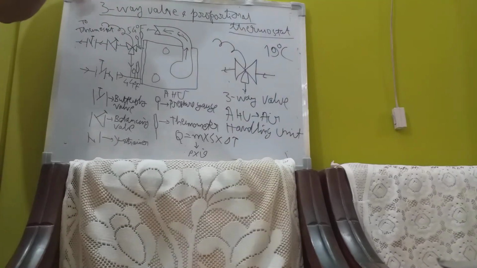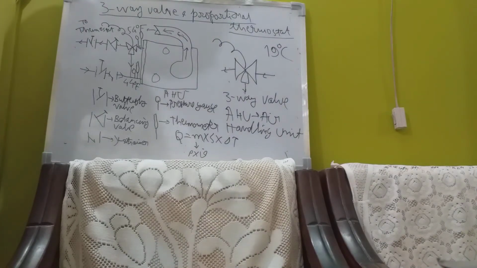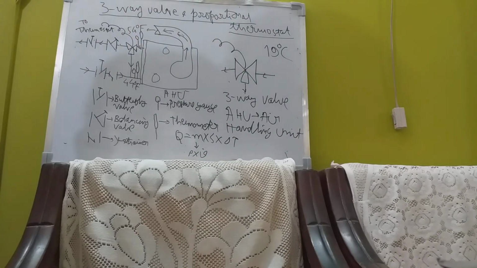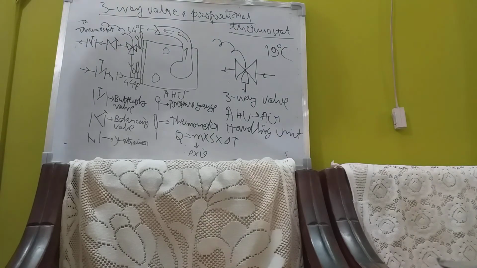This you have to remember. One is proportional thermostat, one is on-off thermostat. On-off means thermostat is on or thermostat is off. There is nothing in between. There is no close proportional control. And I said again, remember, FCUs are small units, so an on-off control does the purpose very nicely. In case of AHU,